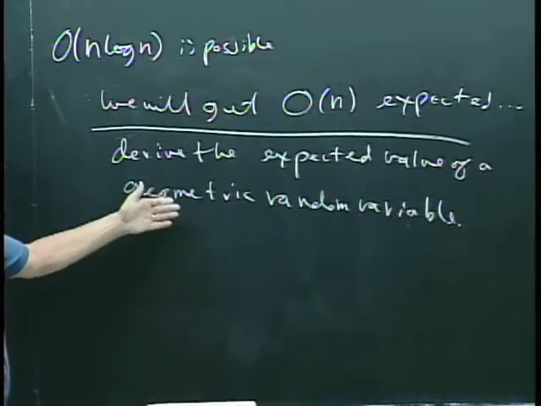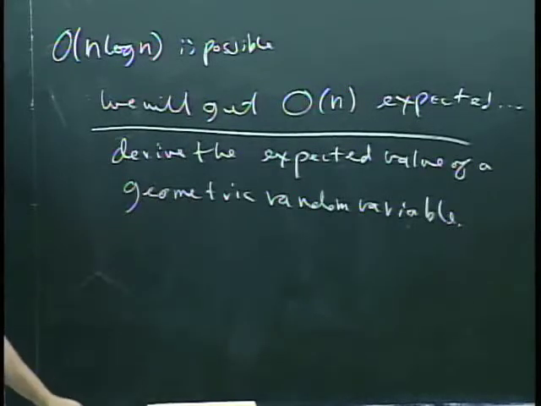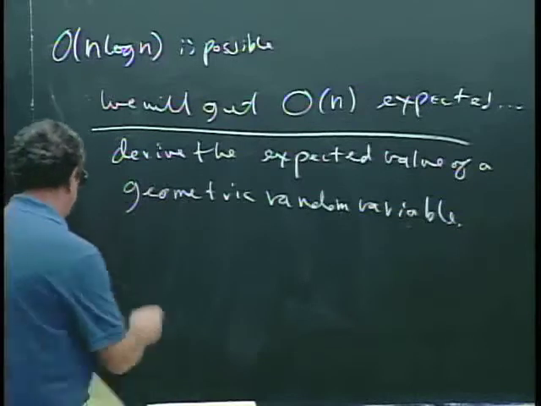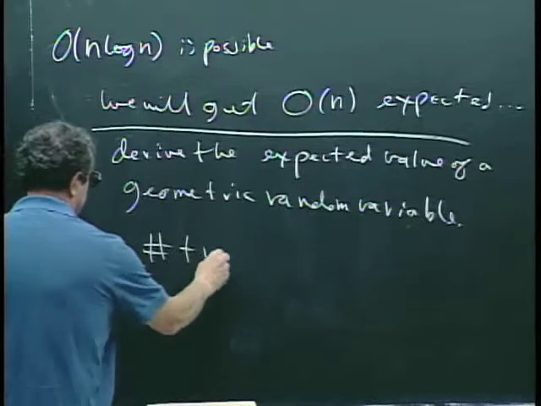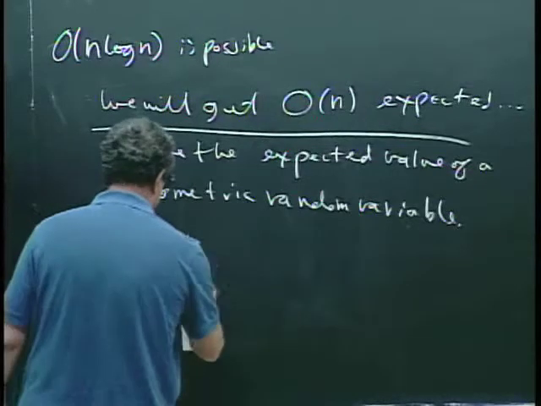So what's a geometric random variable? A geometric random variable is equal to the number of trials